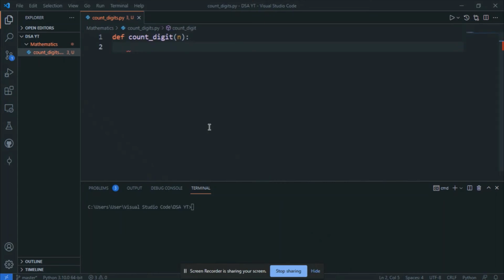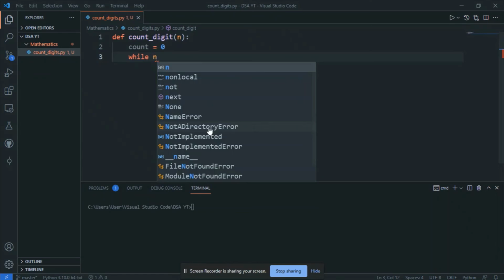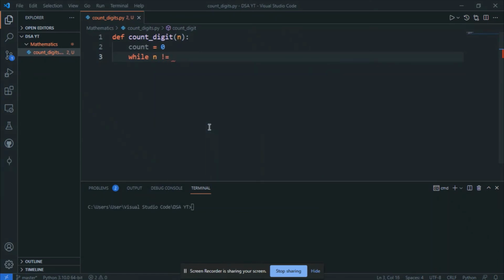Now let us see what we have. First of all, we need to give a variable counter. Now we're going to use a while loop until the value of n is not equal to 0. If it is equal to 0, then we stop.